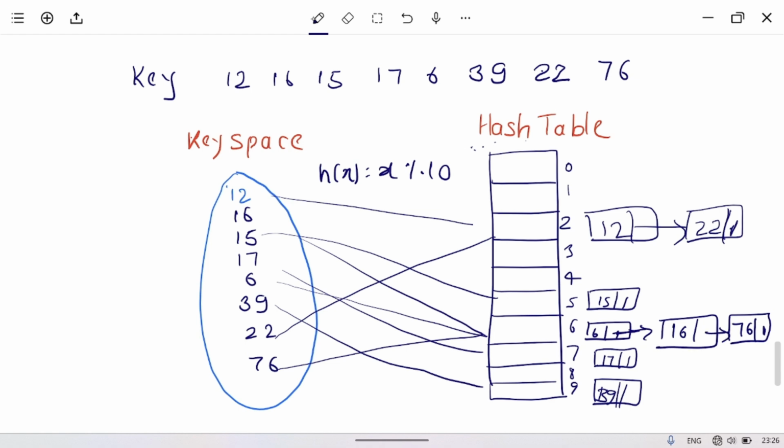This will be connected. This way the hash table will be created, because it is using extra space. So this is open hashing, chaining. This is an array of pointers to linked lists, or we can say an array of chains, because this is chaining.